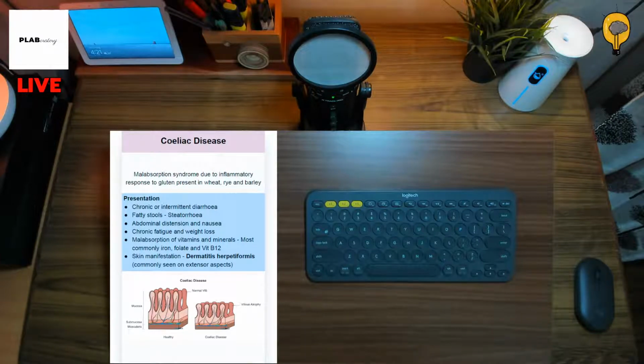Repeated exposure to gluten, rye, wheat, barley leads to villus atrophy, which results in malabsorption. Chronic, clinical features of this celiac disease are: